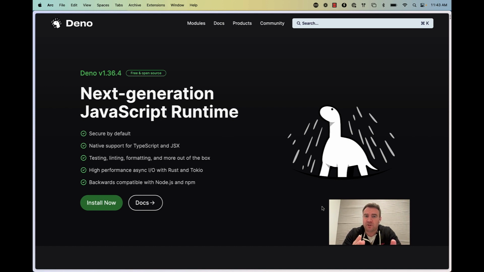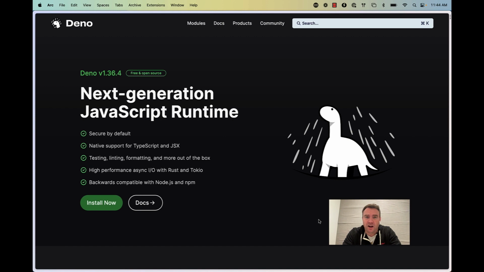For those of you who have never heard of Deno before, it's a JavaScript runtime that natively supports TypeScript, JSX, lots of the common developer tools that you would otherwise need to configure yourself, and generally is a JavaScript runtime that's optimized for performance and developer experience. And much of the NPM ecosystem is also supported on Deno today, even though Deno is not a drop-in replacement for Node. A lot of the common modules that you would want to use do work just fine on Deno